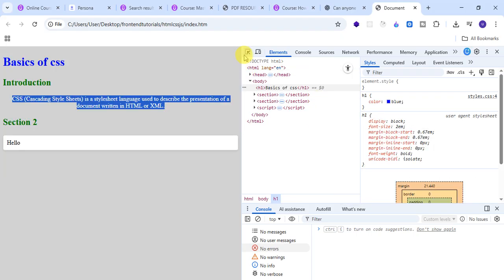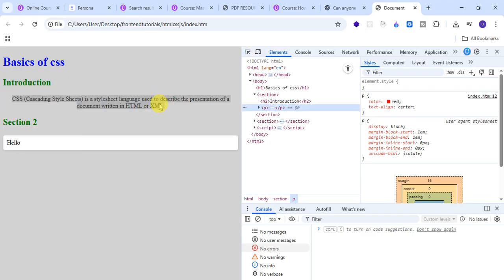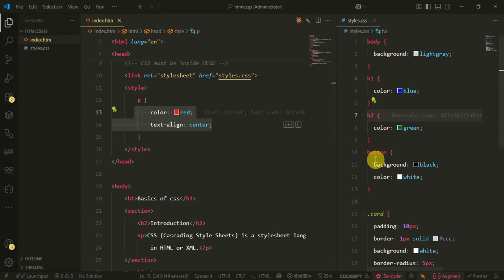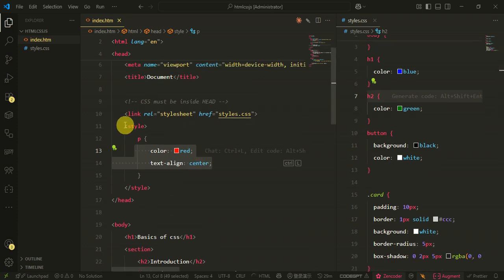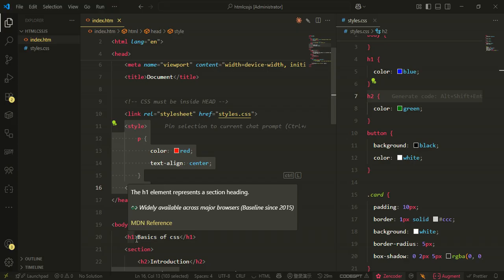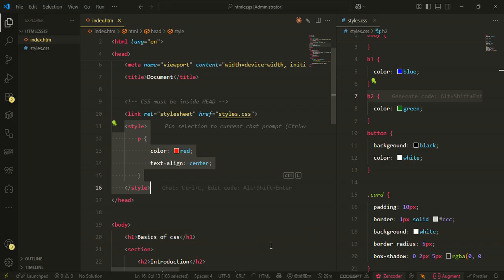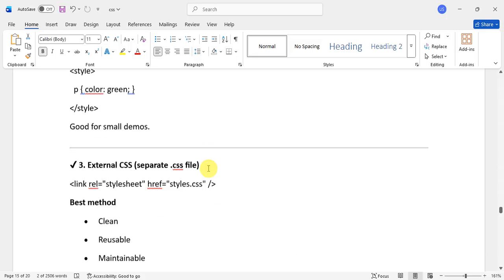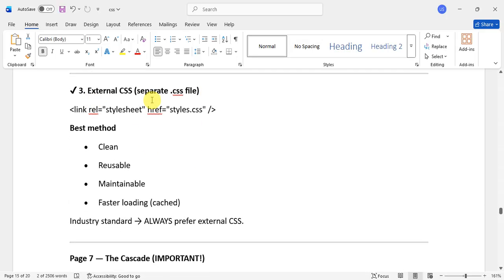Here we can click on the text and see p is color red, text-align. It is not in our file actually. I have added it like this. This is called internal CSS. The first one we learned, which is here, is called inline CSS. And the third one is the external CSS file, which I told you we can use with a link tag,